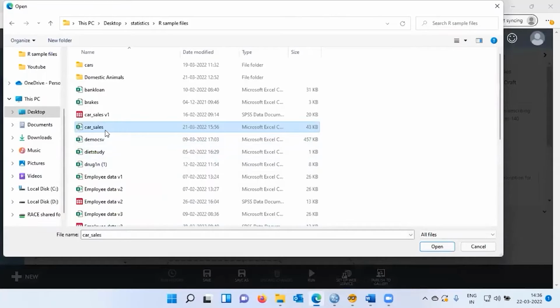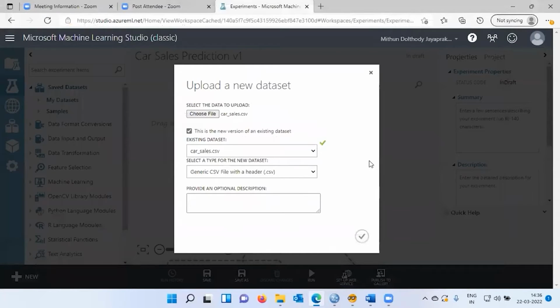I'll close the source file and choose car sales. This is a file which is located on the desktop, and I've created a folder and subfolder, namely R samples. Let me click on the open button. As you can see here, the moment I set the path and choose the file, the existing data set is